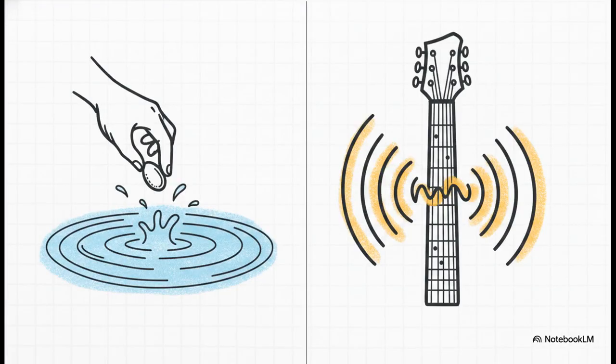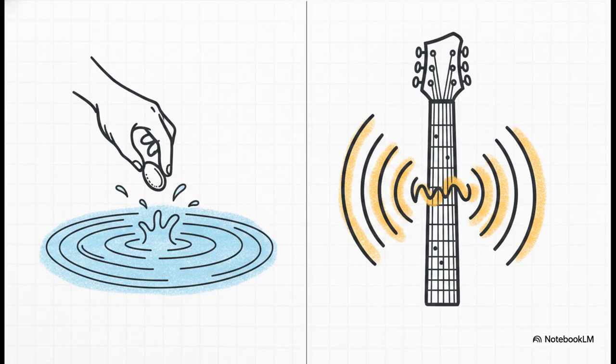next to it. And when those air molecules get shoved by the guitar string, they immediately bump into the air molecules next to them, which bump into the ones next to them, and so on. It creates a domino effect. Think of dropping a pebble into a totally still pond and watching the ripples expand outward. The water itself isn't flowing from the center to the edge. Instead, the energy is being passed along.